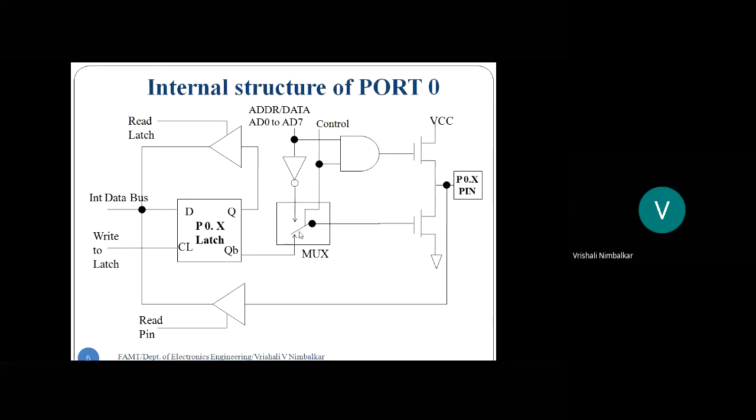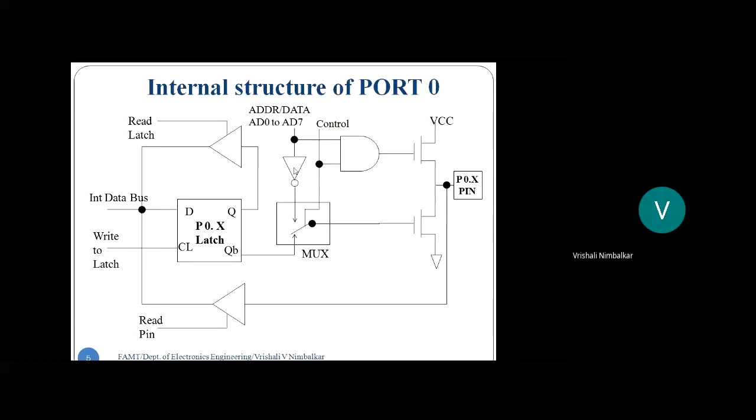Okay. Now what is the functioning of this multiplexer? This multiplexer helps to select one of the functionalities of the port. So pin number 32 to 39 are doing three functions. One is IO port by default. The other one is it acts as an address bus A0 to A7. And it acts as a data bus D0 to D7. So what functionality is to be given is decided by this multiplexer and the circuitry above.